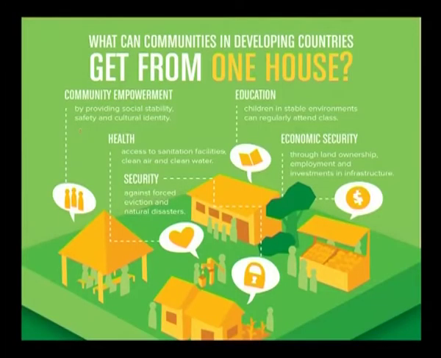So, imagine a house is not just a commodity placed on the ground, but part of a scaling up process. It is a community. Now, when there is better health, better education, better economic security, there is a sense of security being achieved. Between a group of houses, a common courtyard ensures safety and security. Good surveillance can be done from one house to another, and there could be small economic security through the provision of micro wages within, and there could also be community empowerment by providing social stability, safety and cultural identity.